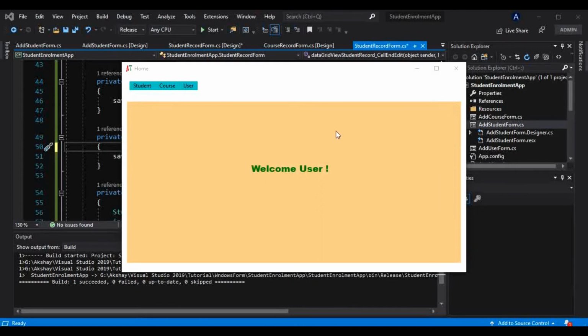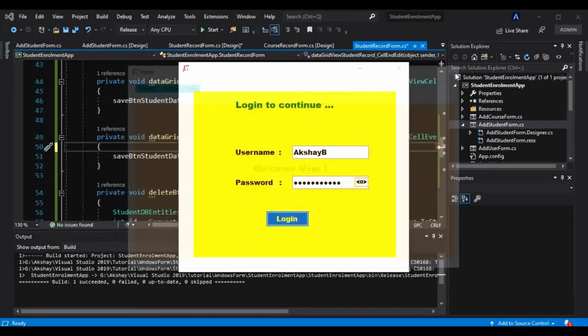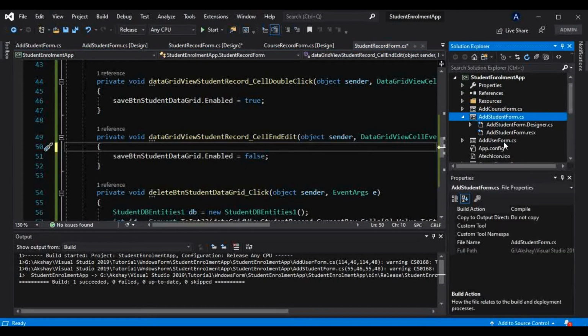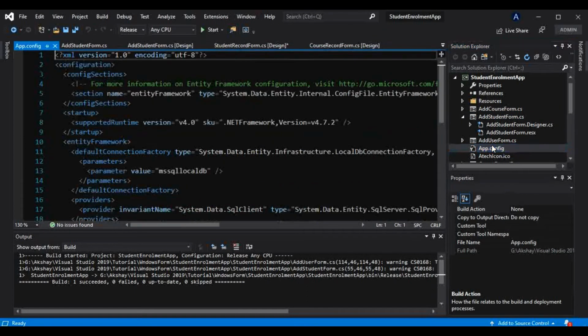So now, as I have told you, we should give one confirmation box there, to ask if the user really wants to delete that record. So now for that, what we can do, and before that, let me go to this app config here, and what I have just told you about that database thing, it is very good practice to use that server name instead of dot there.